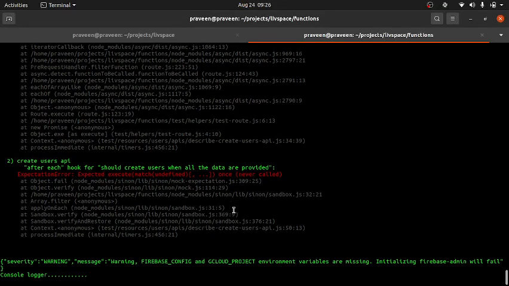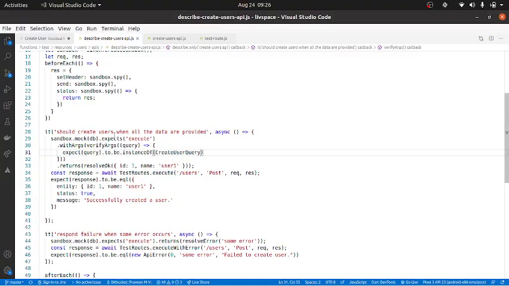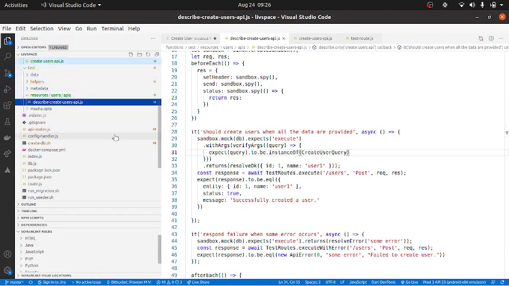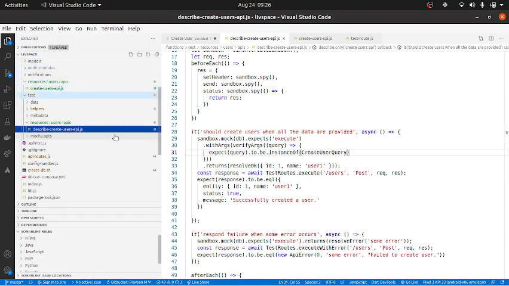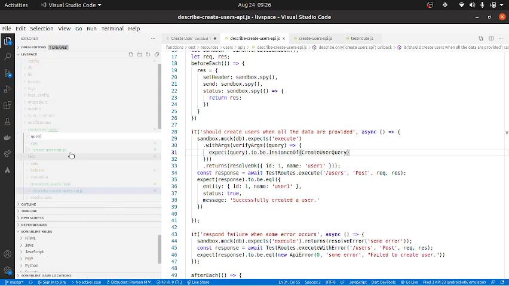Okay, so obviously it will fail because create user query is not defined. So let us go here and let us at least make this test case pass, and then we will start creating those queries. Okay, queries is done.